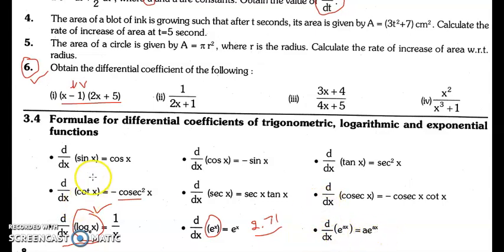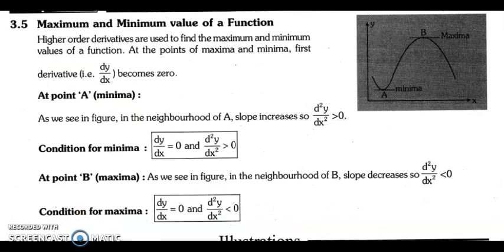These are the 9 formulas for derivatives that you need to remember, and we'll be doing questions on these formulas. So this is the next part, that is the maximum and minimum value of the function. Again, this is one such topic we'll not do in detail for physics, but you will do it in mathematics. You have a whole chapter in your +2 maths class, but as much as is required for physics is we need to remember that there are 2 points for the function. One is the point of maximum value and one is the point of minimum value.